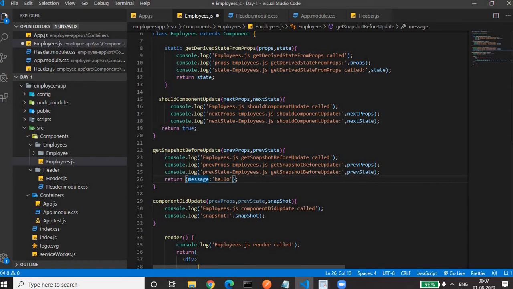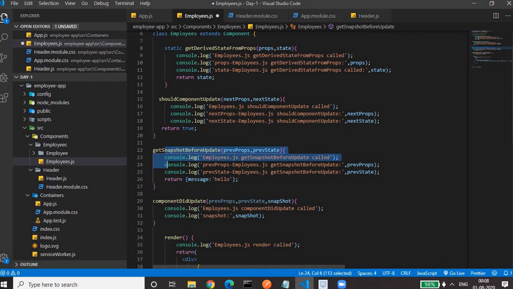This method is usually required in a scenario like this: in a table, we are representing the records, and we have changed some rows in the table, and I want the scroll position to be on that row. That row should get highlighted. So how can we do that?